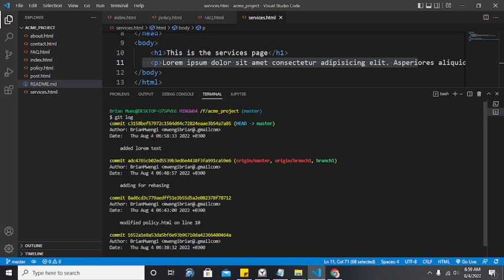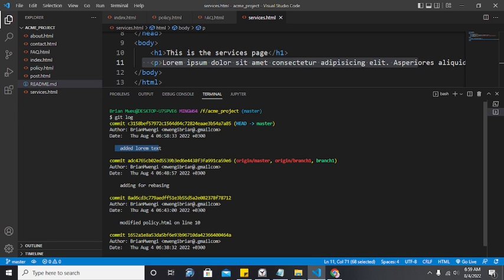So if you want to go to, for example, the original file which has only the services page, we can see this is the file that we did the changes to, and then we added. Now this is the new file that has been added so far. Okay, the changes so far. So what we can do here,